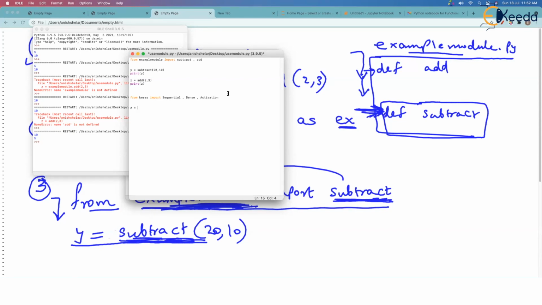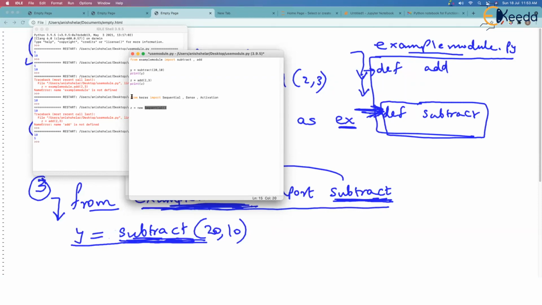So now later in my code, I can just say something like z is equal to new sequential. Don't take this code seriously. What is all this, you might wonder. But you see, I am calling the sequential function. That's it. And this sequential function will be part of the Keras module. But what is important is that I have imported 3 functions out of several hundred odd functions in Keras, and we can so comfortably use this.